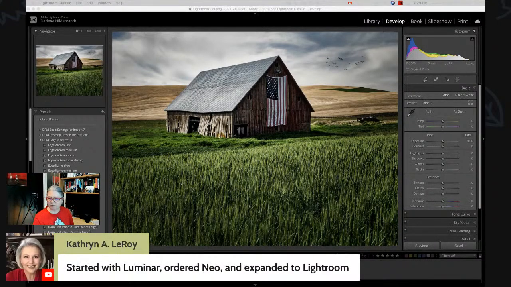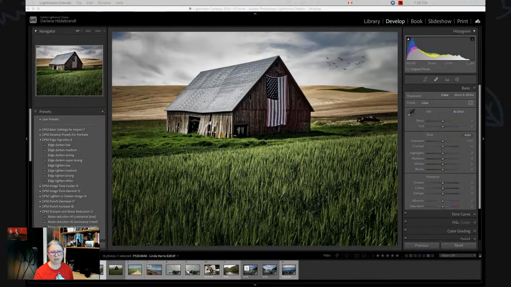Okay, so it looks like a few of you have ordered Neo and also use Lightroom. And like you just saw me do, I use it for both. But for me to create this same thing in Lightroom,